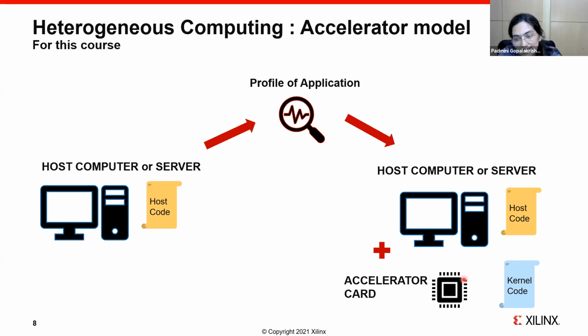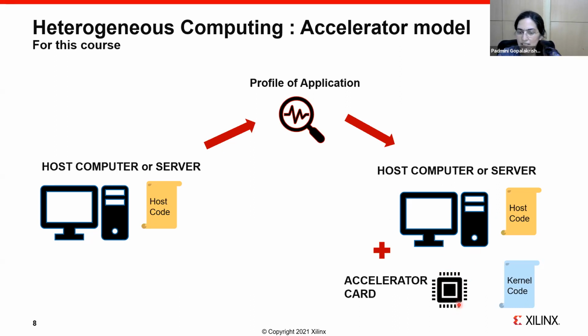If my accelerator, let's say I need to run matrix multiplications at some speed. I want to do 500 matrix multiplications per second. That's what my host application needs, right? I have this image classification application. For that, I need to run 500 matrix multiplications a second.